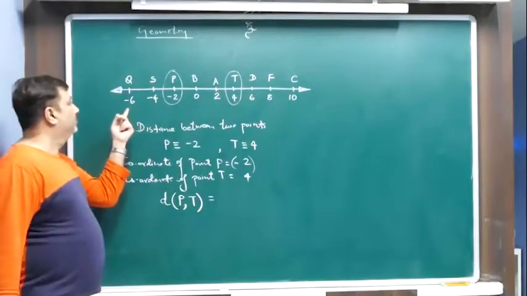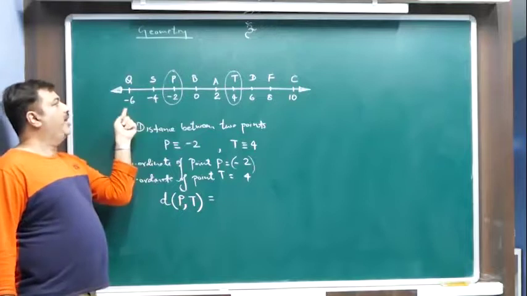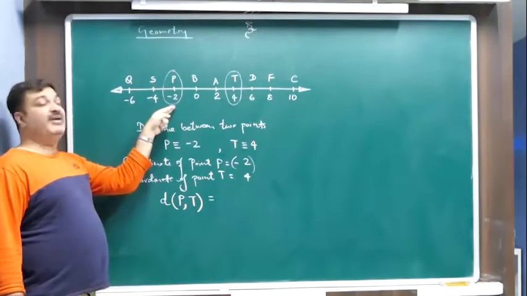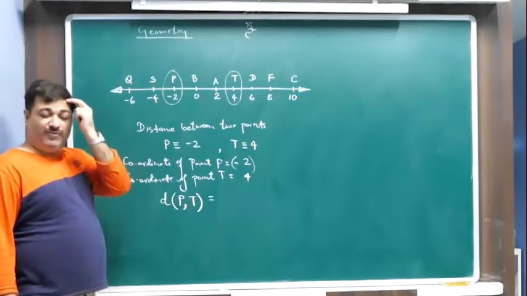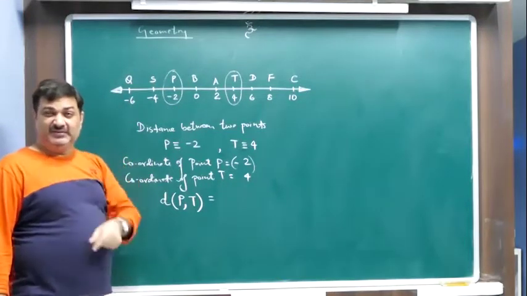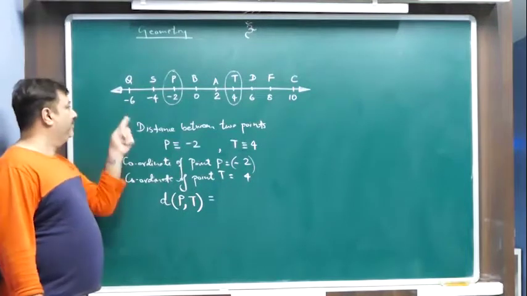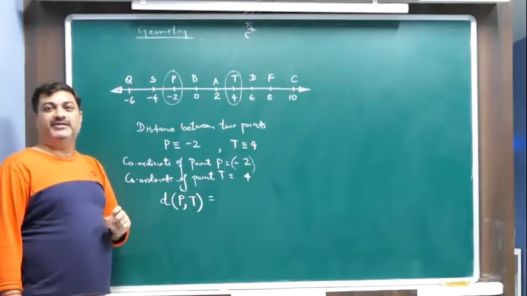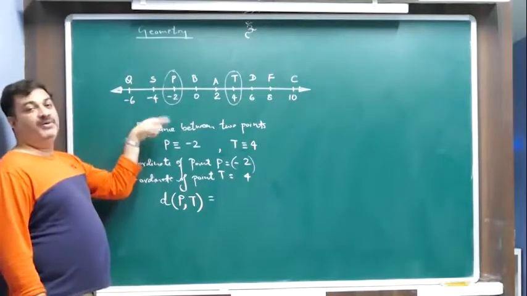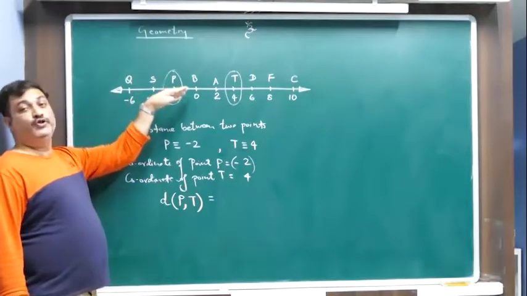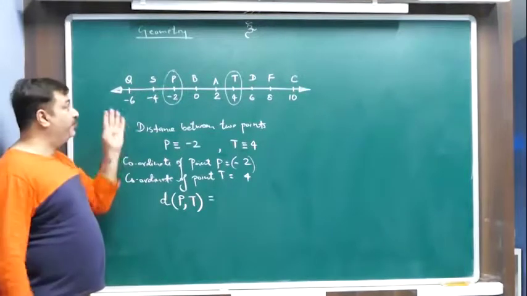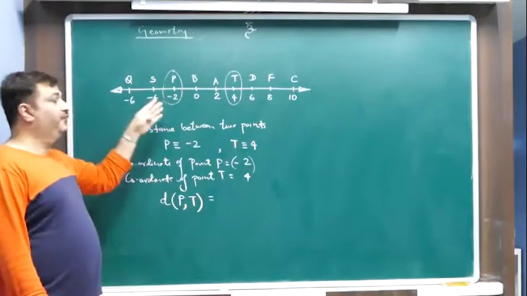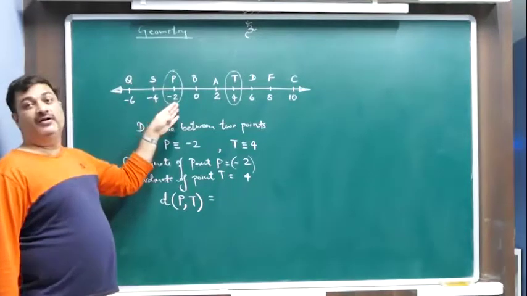Let's come here. Q and P. Now it's tricky, right? P is -2. Q is -6. Some of you might think 6 is bigger, correct? But when there is a minus, the smaller number is greater in negatives. Clear? So who will be greater between Q and P? P is going to be greater. Again the same logic which I told you. P lies to the right of Q, and that is why P is going to be greater than Q.